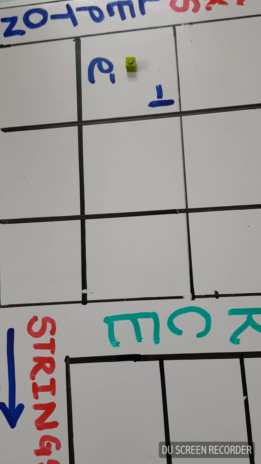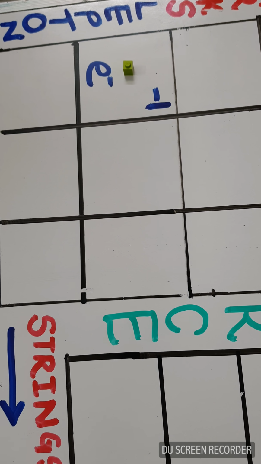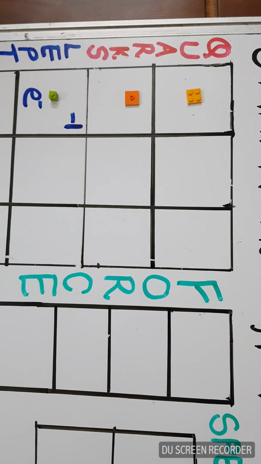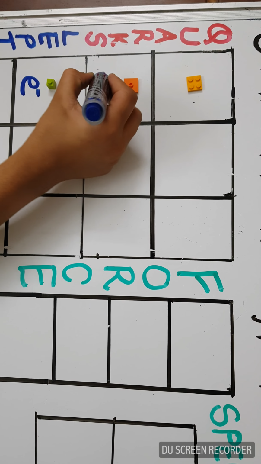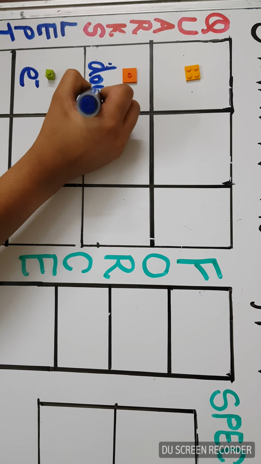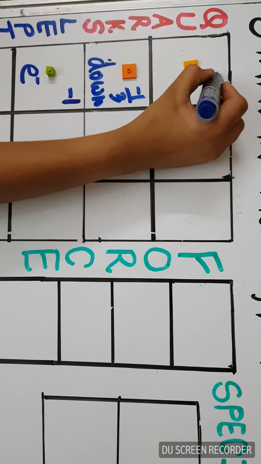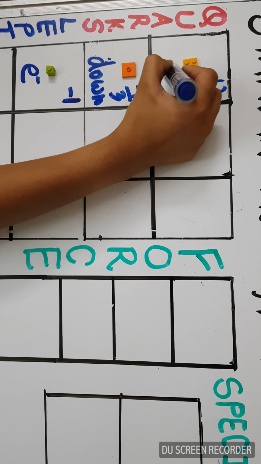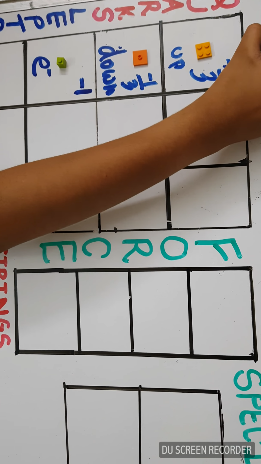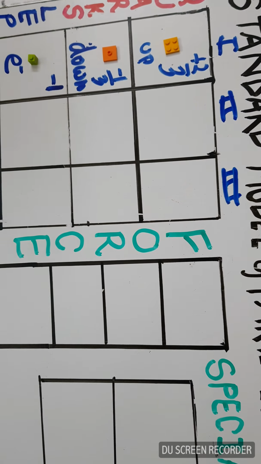Let's now talk about the two quarks that we were talking about previously, and those obviously are the down quark and the up quark. Let's write it down here. Here is the down quark, which has a charge of -1/3, whereas the up quark has a charge of +2/3. Here you can see the first generation, the second generation, and the third generation. I'm just naming them so that it's more clear.